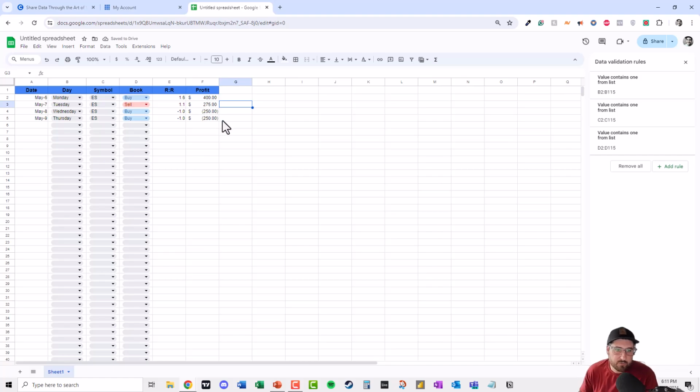Okay, so we put the profits in, and now we could start building our dashboard. So now we have data. So we want to do starting balance, and we'll say we're starting with 25,000, and then we have